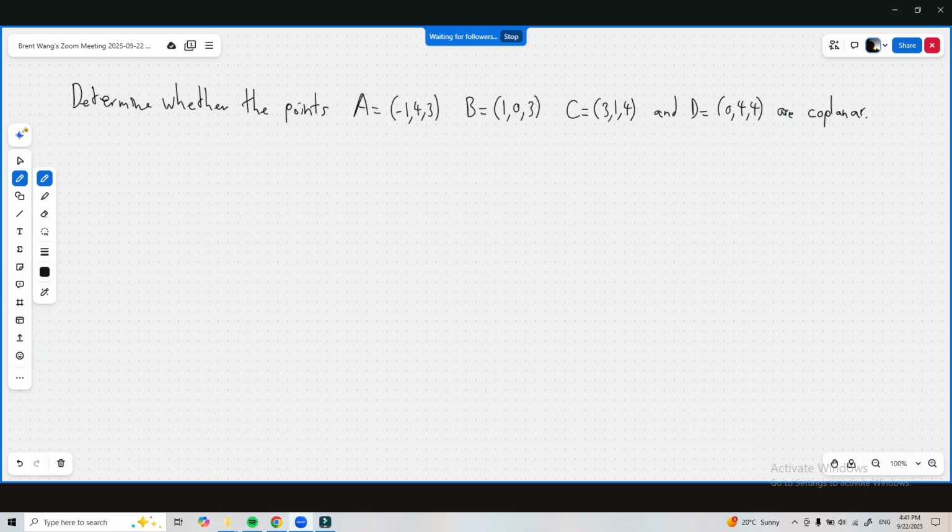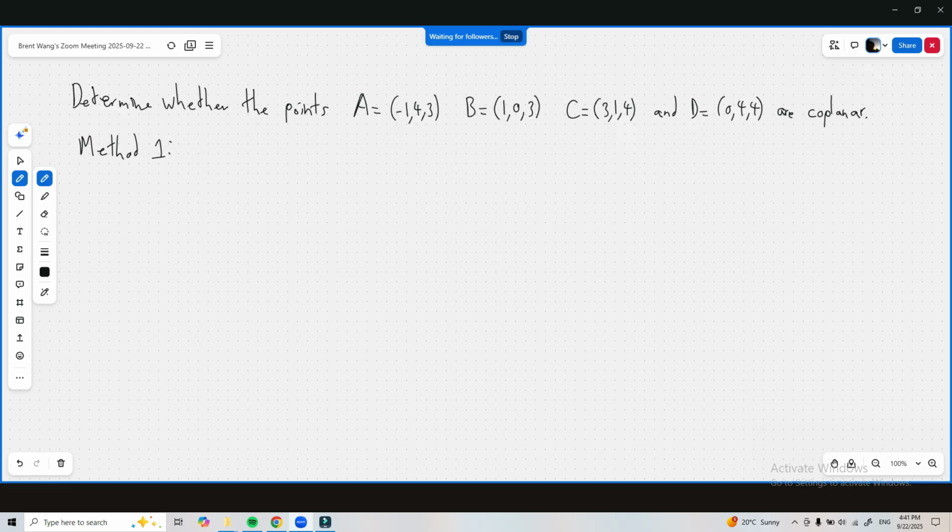Having a problem that has two or more solutions so you can verify your solution. So here we have a question. Determine whether these 4 points are coplanar, meaning do they lie on the same plane? And there are 2 ways that I'm going to solve this problem. The first way, method 1,